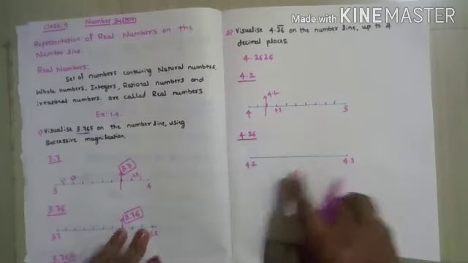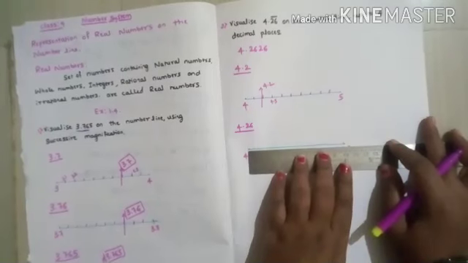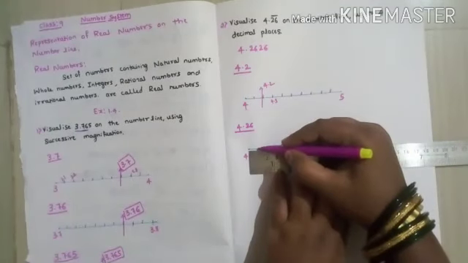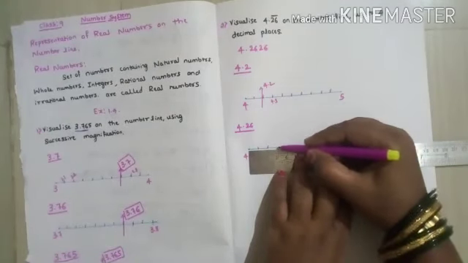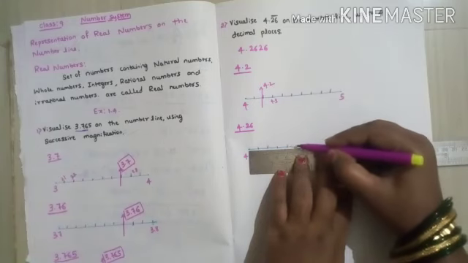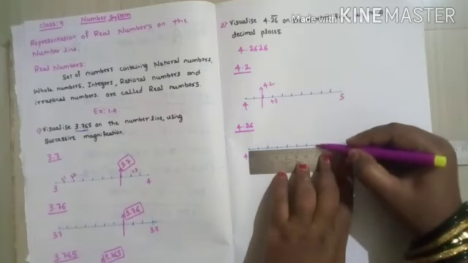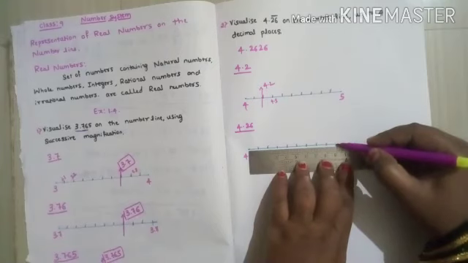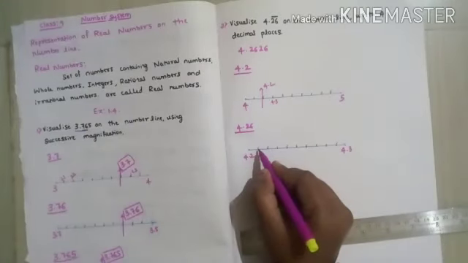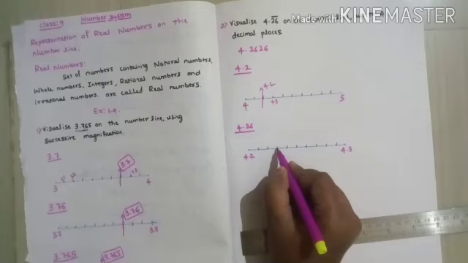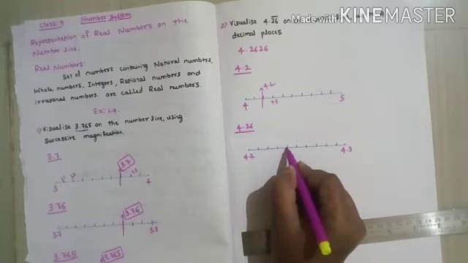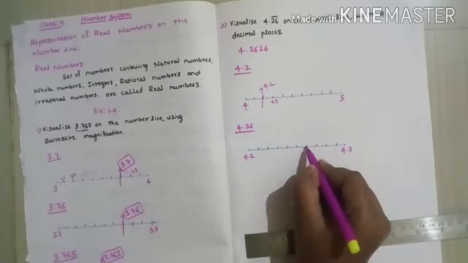This 4.26 will come between 4.2 and 4.3. So I will mark 10 parts here: 1, 2, 3, 4, 5, 6, 7, 8, 9. So this is 4.21, 4.22, 4.23, 4.24, 4.25,